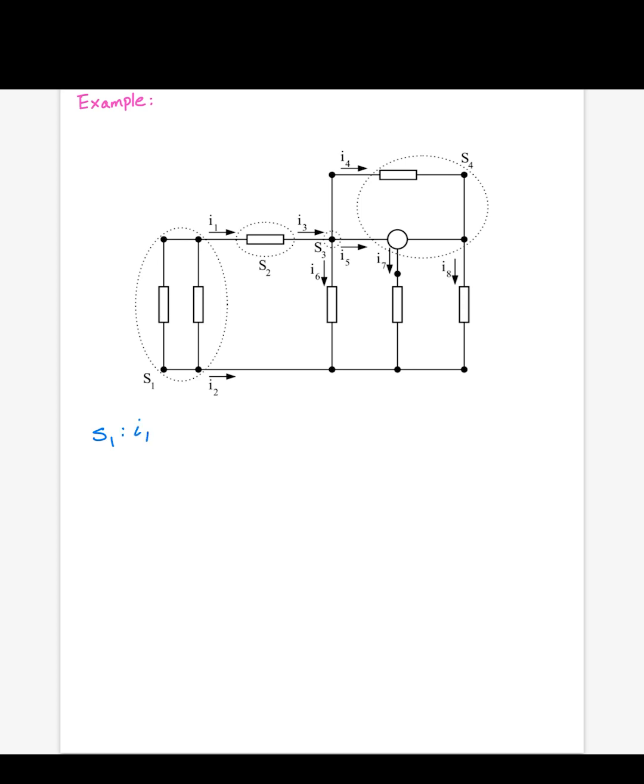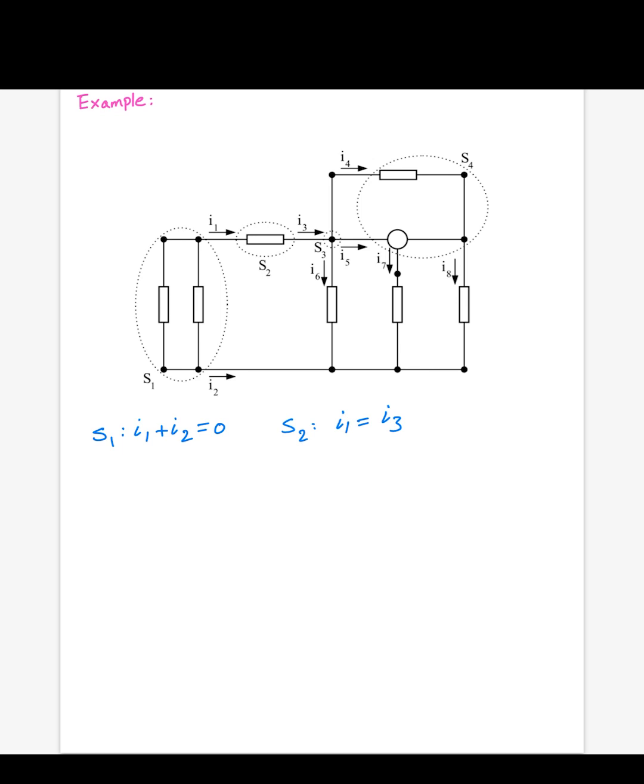So I1 plus I2 are leaving, equal to the entering currents, which are none, so it will be 0. And for the S2 Gaussian surface, the entering current is I1, and it is equal to I3,